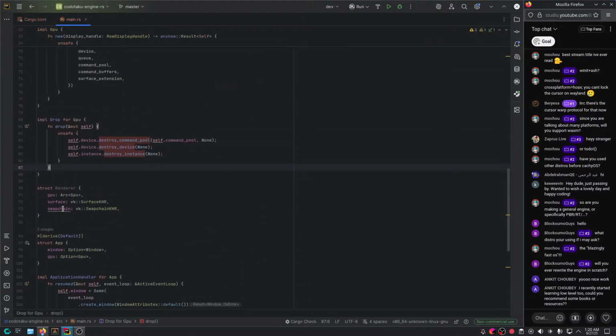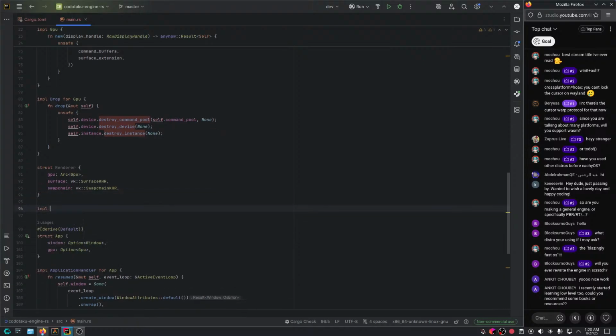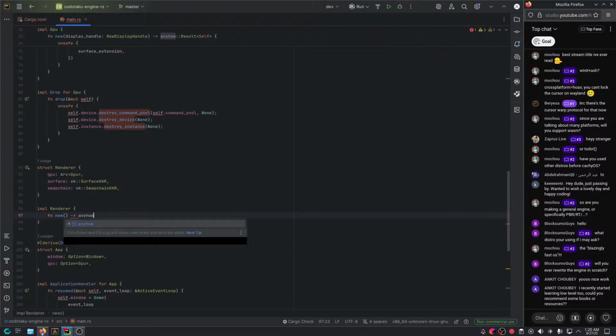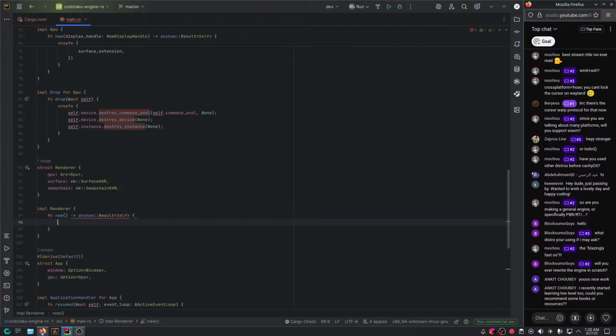So now how do we do this? Swap chain, save this to dictionary, and yeah, let's right now implement render. So fn render, anyhow result, or self actually, and let's go to,